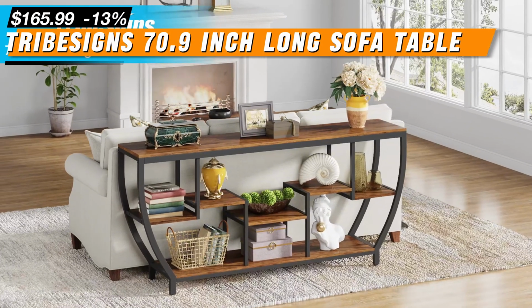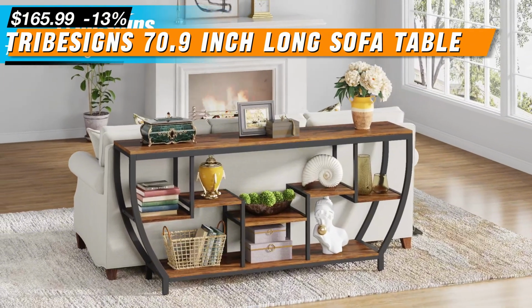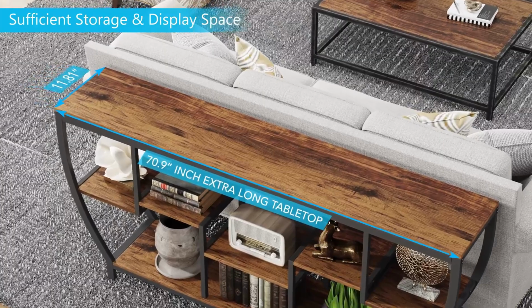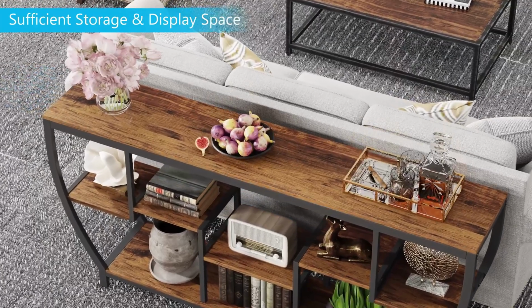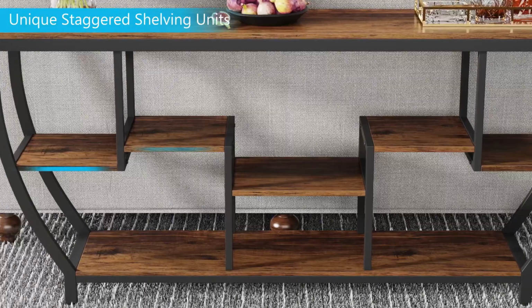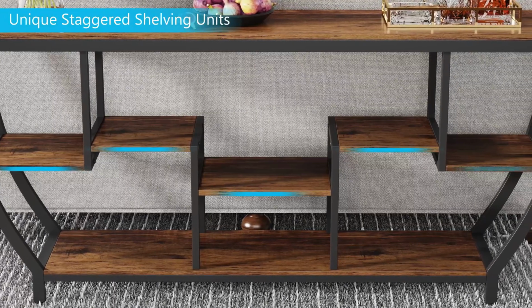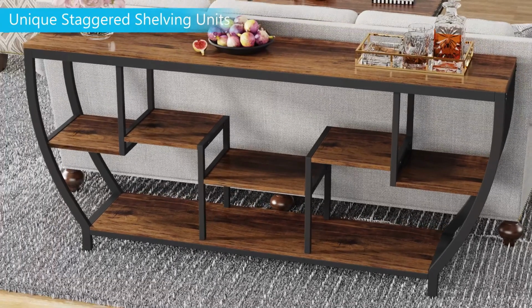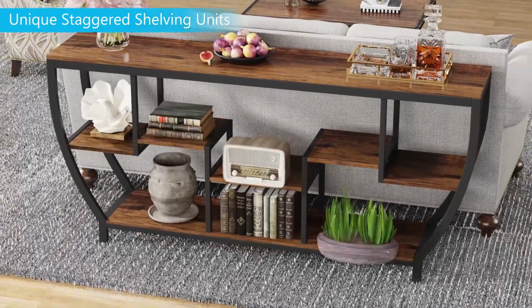Add style and function to your home with the Tribesigns industrial console table with shelves. This sleek, modern design combines rustic charm with industrial appeal, featuring a sturdy metal frame and spacious wooden shelves. It's perfect for your entryway, living room, or hallway, offering a place to store keys, decor, or even your favorite